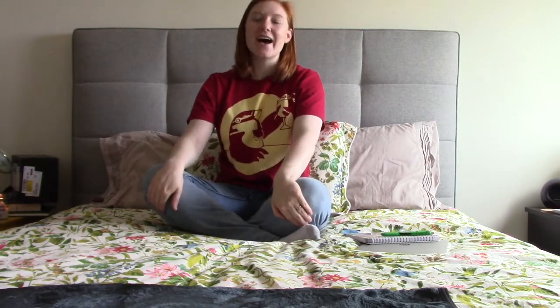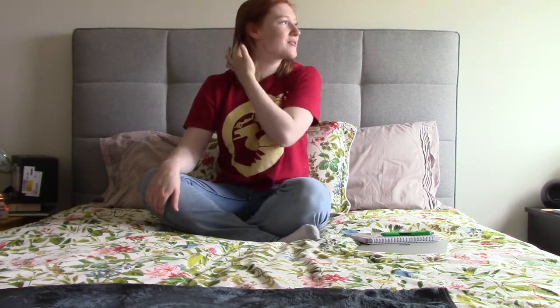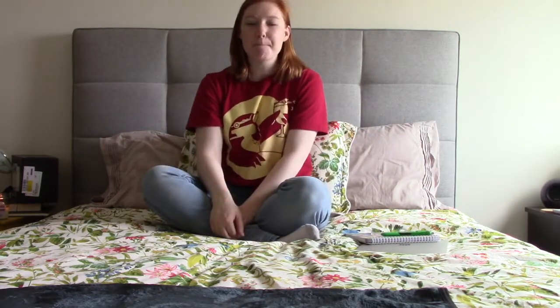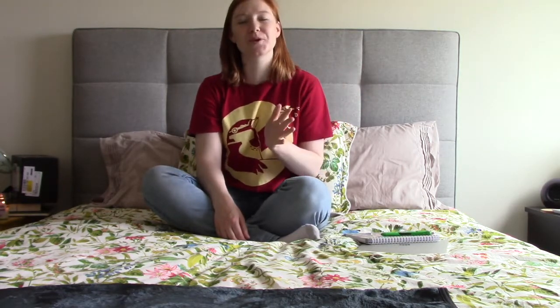Alright, so you can totally see I don't have a bookshelf in the background, which is really sad because you probably just watched my rainbow shelves, and don't they look so aesthetic and gorgeous? Anyway, I found today that the best lighting was here in my bedroom. You get to see my new bed. Yay! But I also apologize if it's a bit noisy because I have to have the window open. It's really warm in here and it's a very busy road right next to us, so it might be a little bit noisier than usual. I apologize if that's the case for this video. I won't be doing anything to edit it out, but I will take note of that in the future, so I'll either close the window or I'll just have to set up my studio lights in front of my bookcases